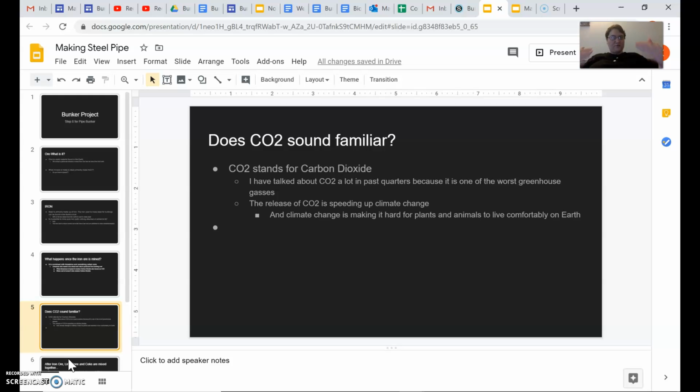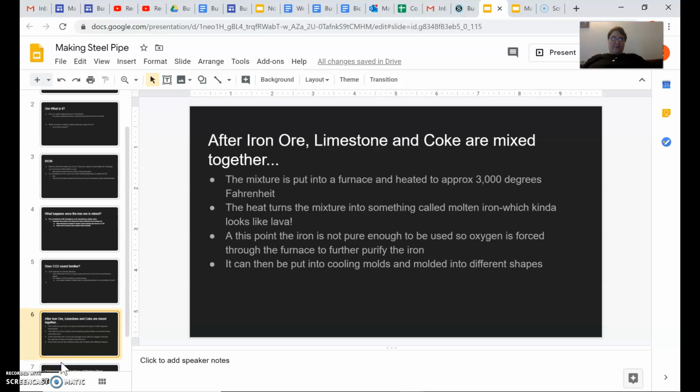So again, CO2 is being released with limestone mining, with iron mining, and with burning of coal, and all 3 of these things need to happen when we need to make steel. So, just something to think about for your assignment, right? Okay, so after iron ore and limestone and coke are all mixed together, the mixture is put into a furnace